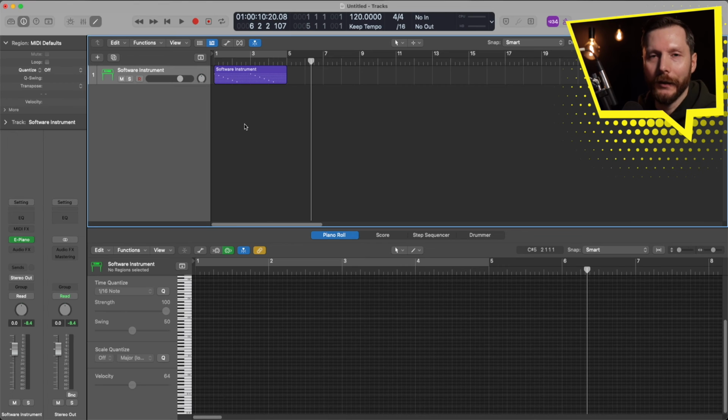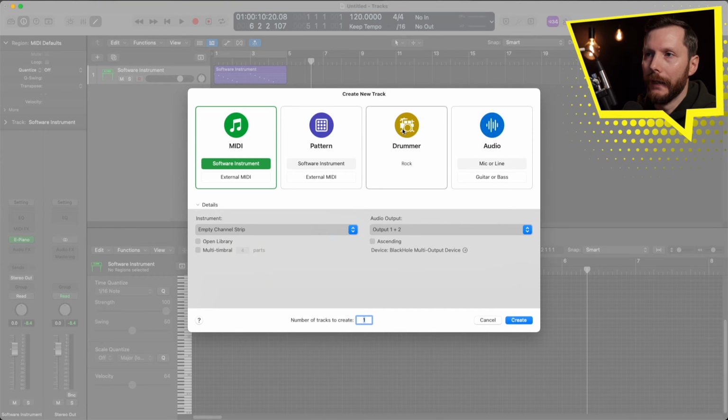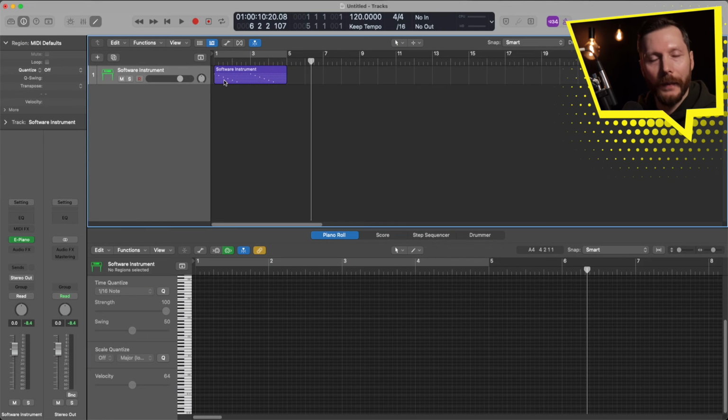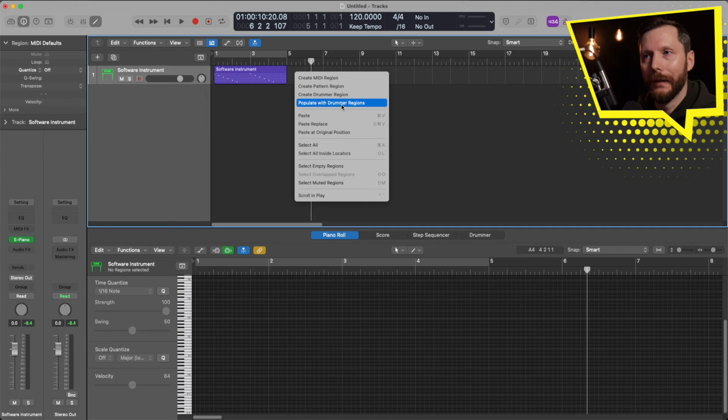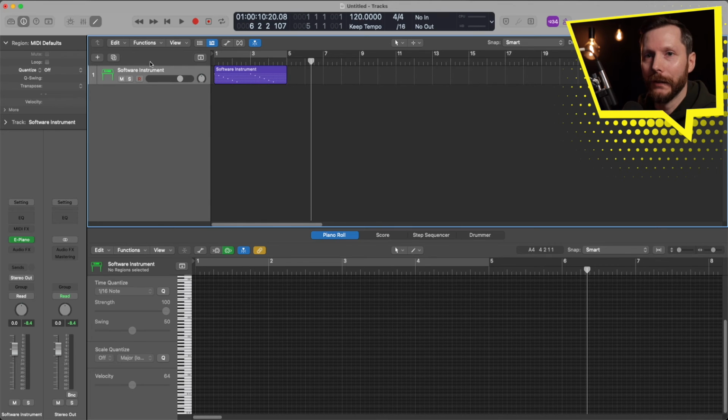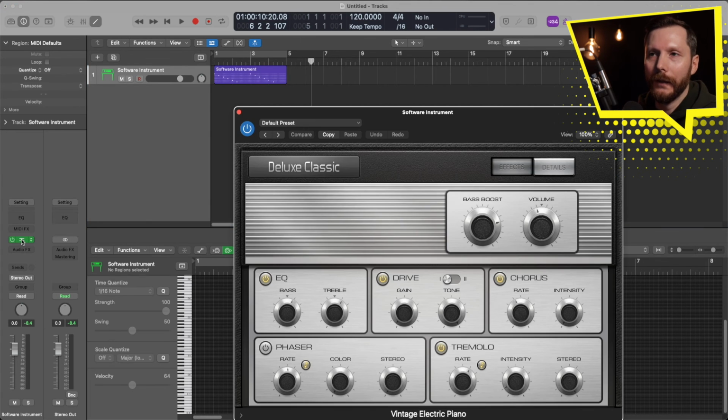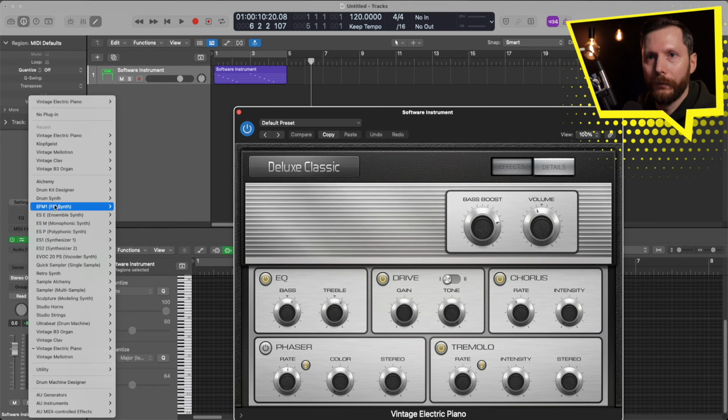And the last thing I'll touch on is the drummer, since I mentioned that briefly earlier. So again, when you hit this little add tracks, you get this drummer option, but you can also add a drummer to any track you have. So if I, once again, right click here, you'll see populate with drummer regions. Now, this isn't going to be particularly useful for us right now since we're using this electric piano. But if I change this to, let's say, the drum kit designer,